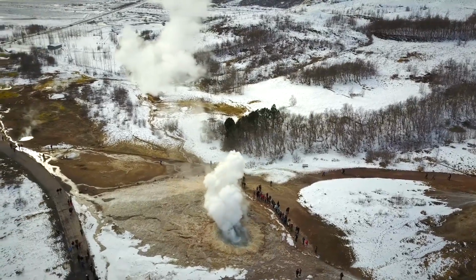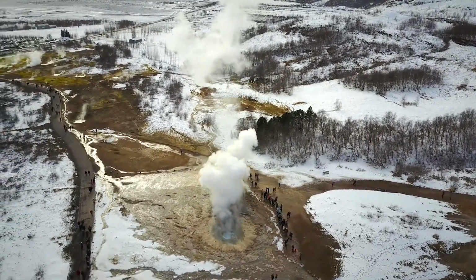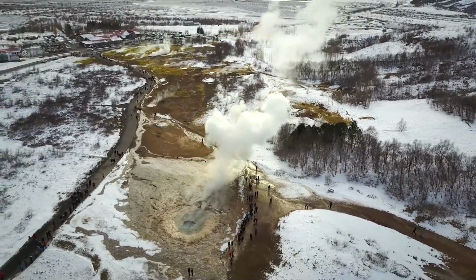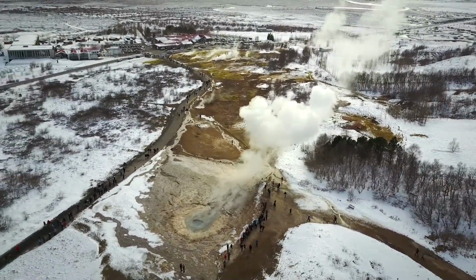Now, there's one problem with this. Not everybody has an active fault line. Iceland uses it quite a lot. Their power generation system is now leaning towards geothermal on a massive scale. Other countries have a subduction zone, a fault line, or a route to the naturally occurring heat